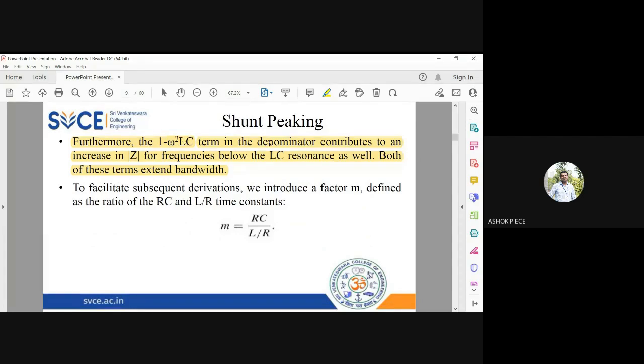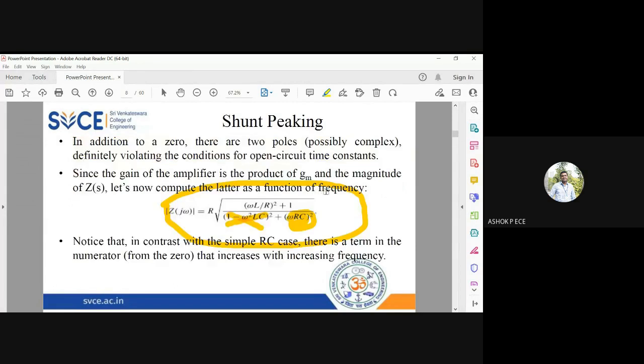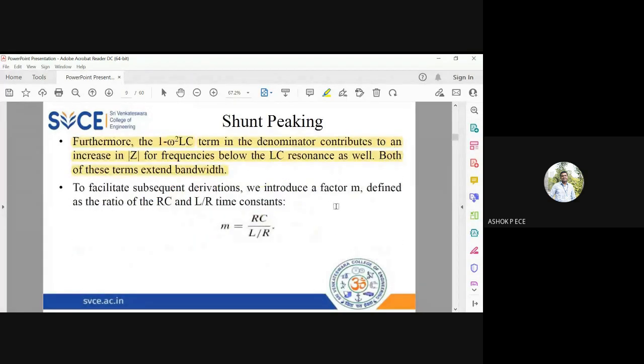So the 1 minus omega square term will contribute to the frequencies below and above the resonant frequency, because at resonant frequency this term is going to be 0. But you have also one more term, this omega RC the whole square, which will contribute to the bandwidth even at all frequencies. So we are going to define a factor called M, which is going to be the ratio